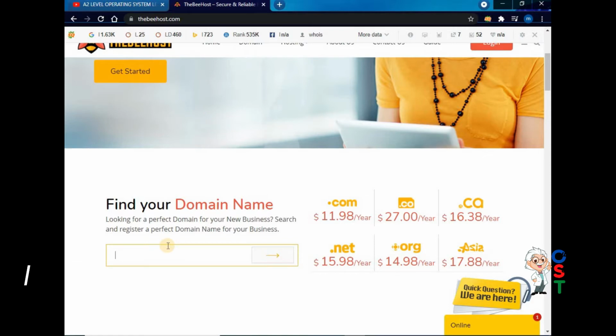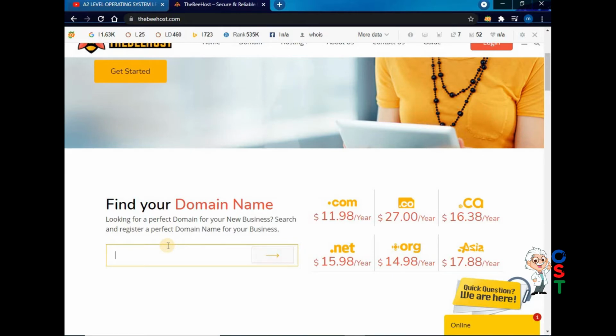We have .com, .co, .ca, .net, .org, .pk, .in for India, similarly .usa, and so many other top level domains. Different top level domains have different prices.